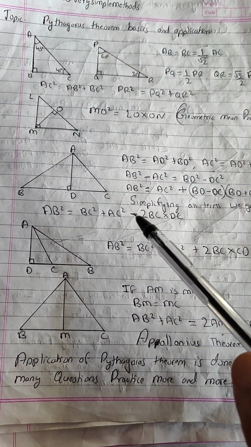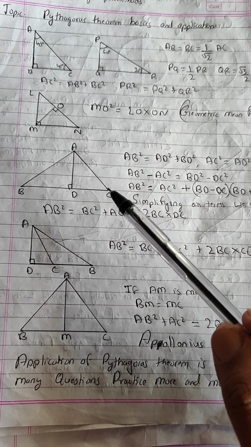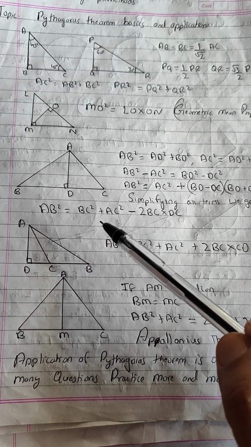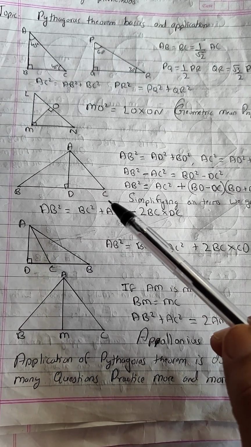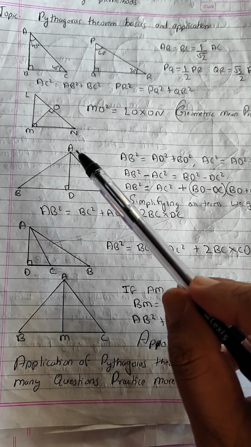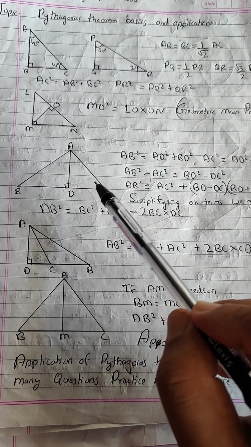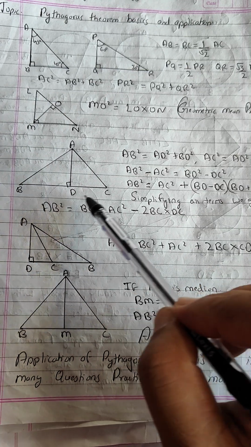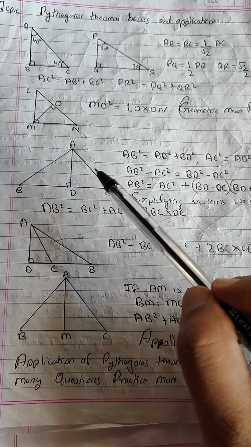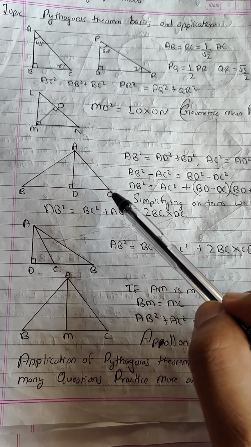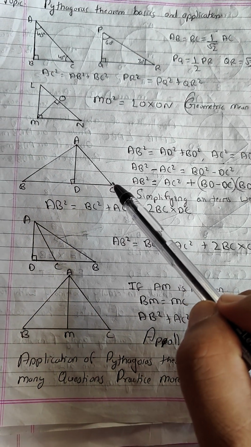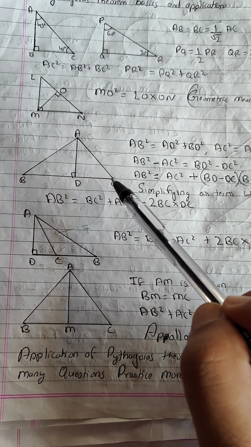Moving on to the next one, here I have got a simple application of Pythagoras theorem. If you look carefully, what you can observe is in this particular triangle, for a moment if you forget, अगर हम ये AD को थोड़ी देर के लिए नहीं assume करते हैं, this is a triangle. Now in this triangle you can see angle ACB. Angle ACB is an acute angle. ये एक acute angle है.